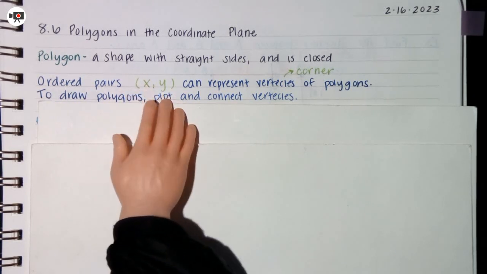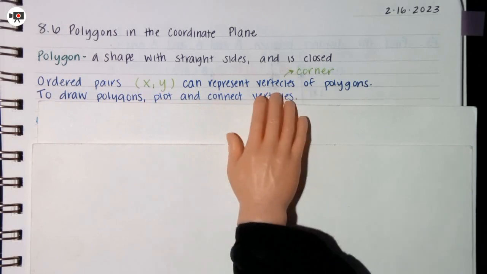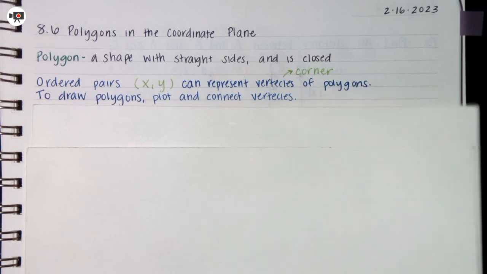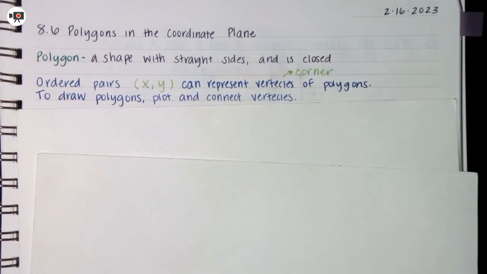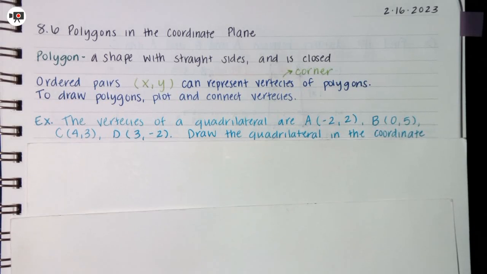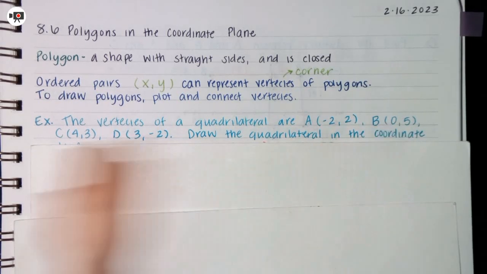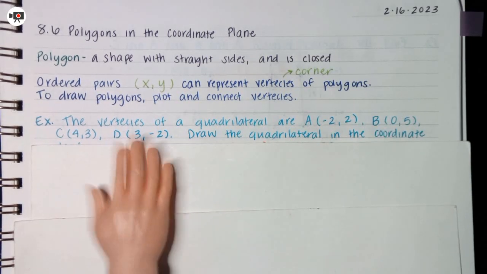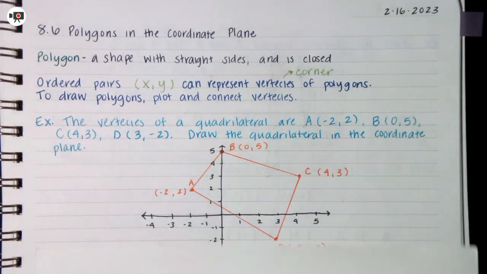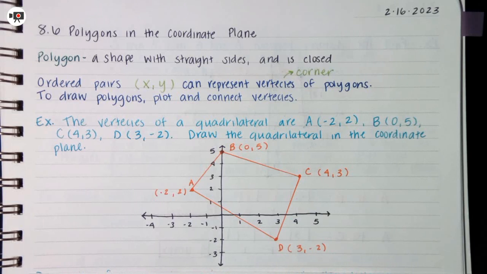X is always first, y is always second. And these can represent vertices, which are corners, of polygons. To draw the polygons, we're going to plot their vertices and then connect around the edges. So the vertices of a quadrilateral are A, B, C, and D here, and we're going to draw the quadrilateral in the coordinate plane. So here I have it, and we set it up